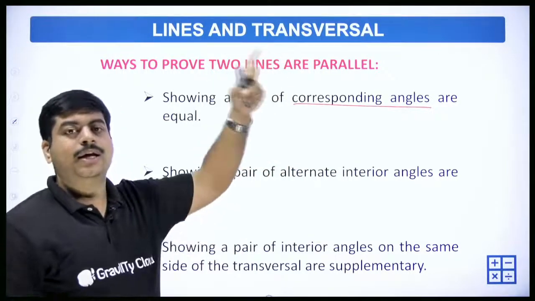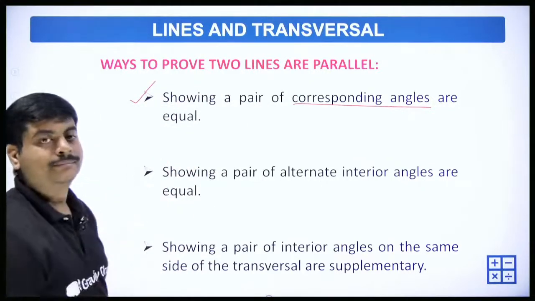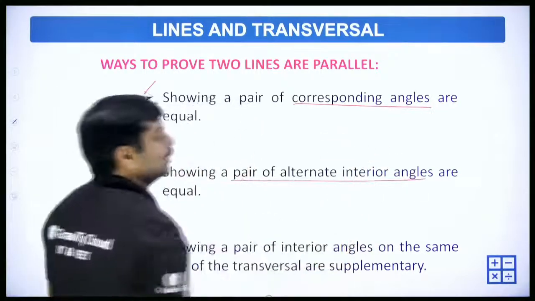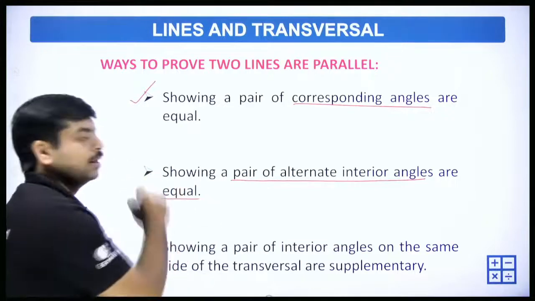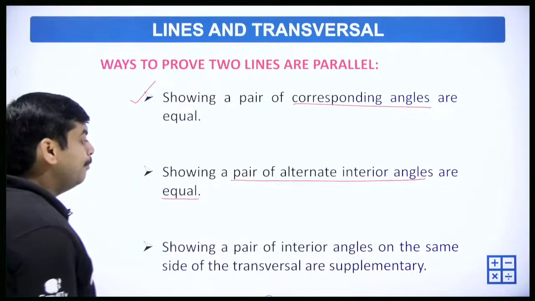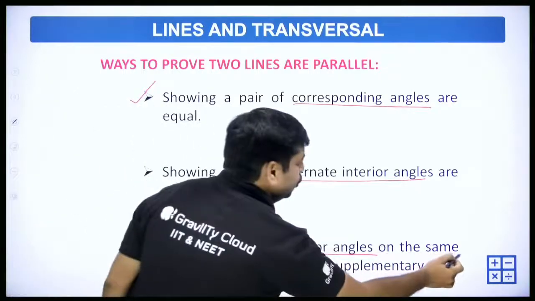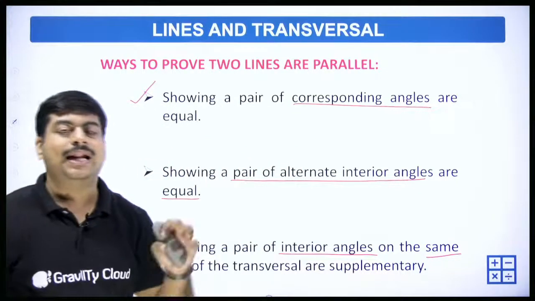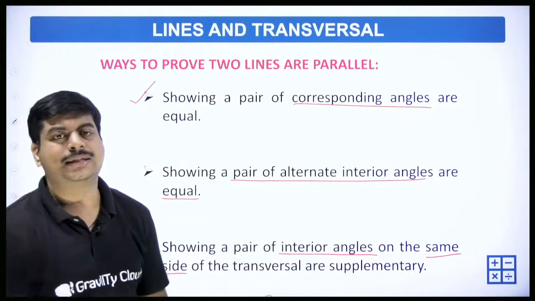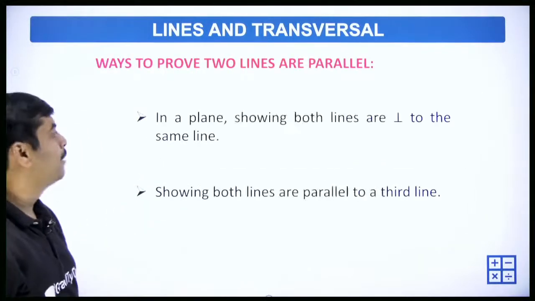So in the reverse way, if you can show that corresponding angles are equal, you can say that both the lines are parallel. And here, pair of alternate interior angles are equal. If these two are equal, then also we can say that the lines are parallel. Or pair of interior angles on the same side. Don't get confused. Interior angles on the same side are supplementary. We have discussed all this in the last class, right? So you can use all those theorems or all those properties to show that the lines are parallel,